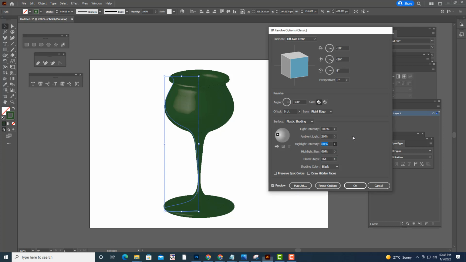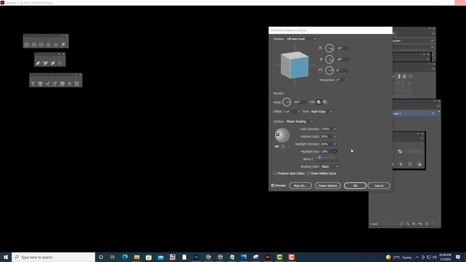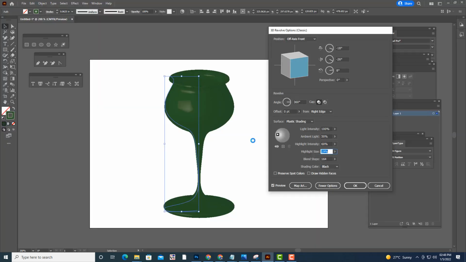And we'll also reduce the highlight size. Actually highlight size is too much, so we'll make it a little bit small, so the highlights will be a little bit small. It takes a lot of memory, that is why it is slowing down. And you can also control this ambient here. Let us reduce the ambient light and see what will happen. It is taking time. See, now looking nice.